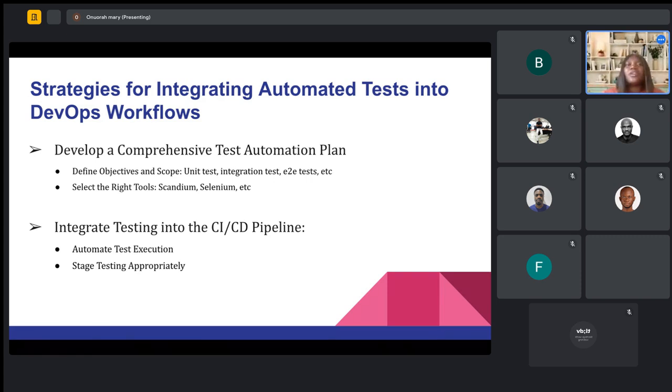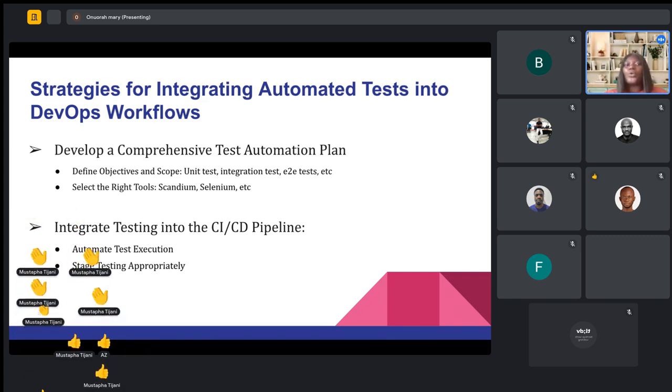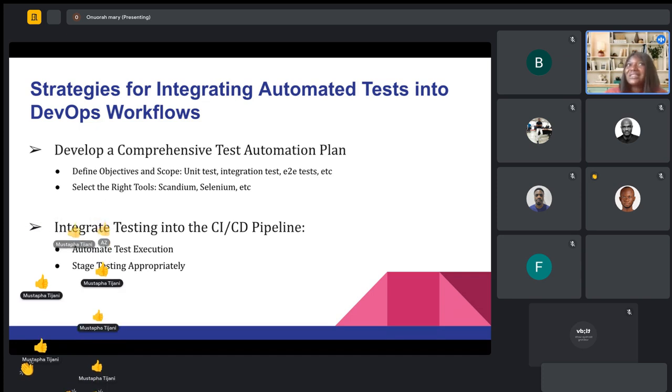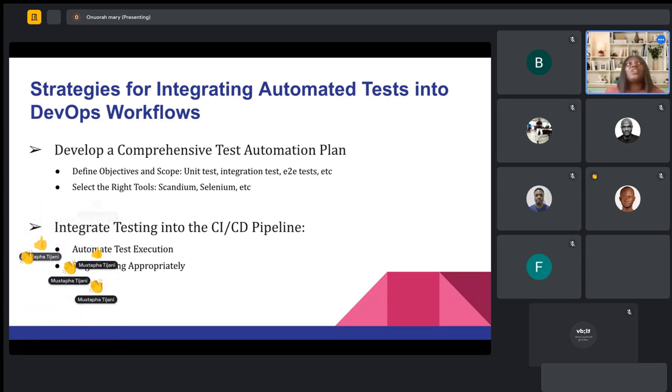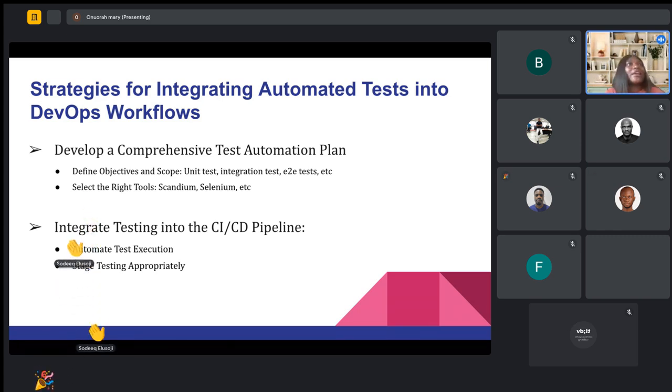I came across it not long ago, and going through their documentation, I found that you can use it for your regression testing, your end-to-end testing, your API testing, without having to stress yourself too much. And you don't have to know how to code to have these tests automated.